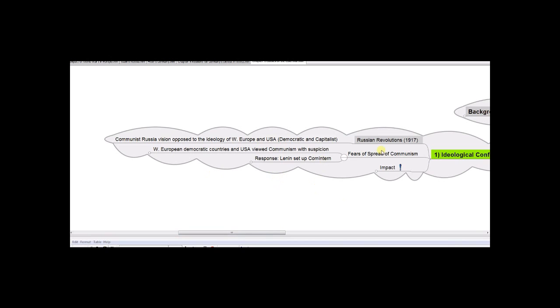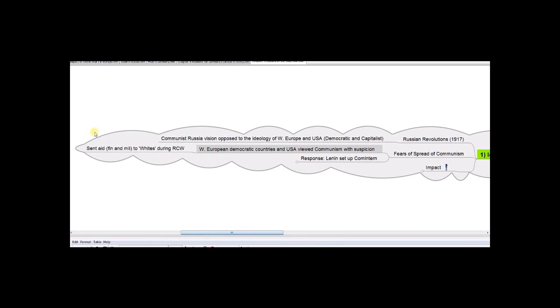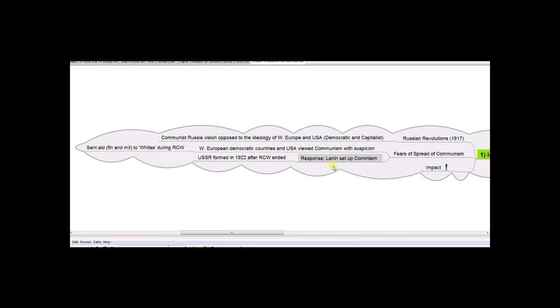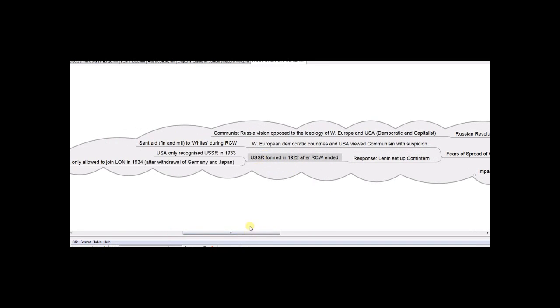The spread of communism was seen as a real threat after Russia had fallen to communism, and the Western democratic countries viewed communism with tremendous suspicion. And like I said, they sent troops in to help the whites during the Russian Civil War. In response, Lenin, who was the leader of Communist Russia, set up the Comintern or the Communist International. What he did was to not just defend communism, but create the Comintern to help spread communism around the world. And hence the USSR was formed in 1922, and this eventually caused